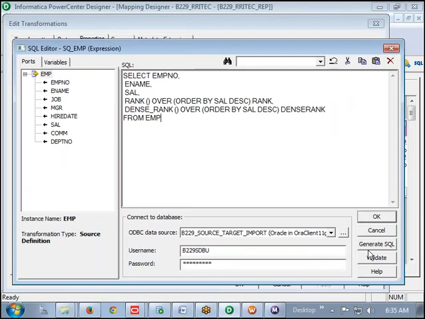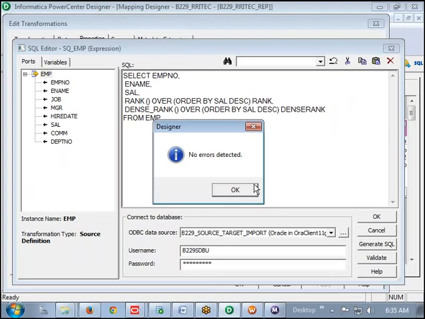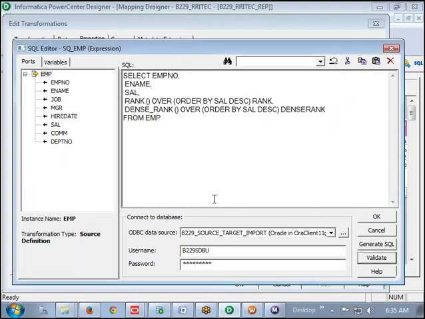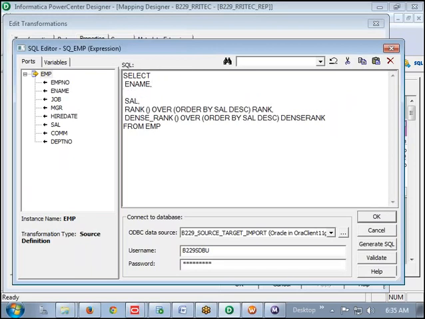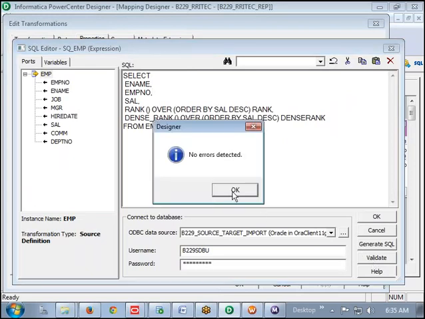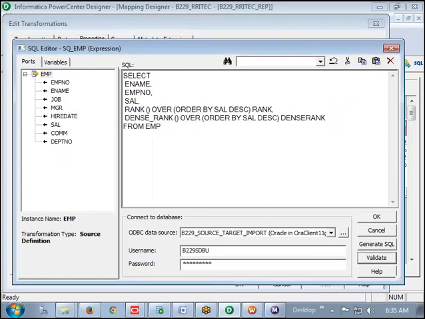Sorry, instead of validate, I clicked on the generate SQL. Now if you click on the validate, it says no errors detected. What will happen? For example, I am writing here employee number. Now validate. What is happening? No errors detected. But really, will we get any errors? We'll get the errors, right?